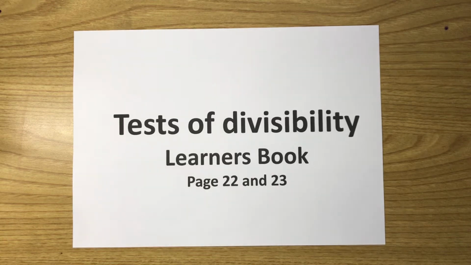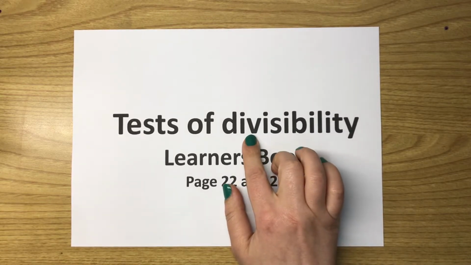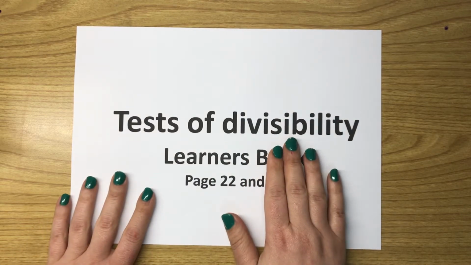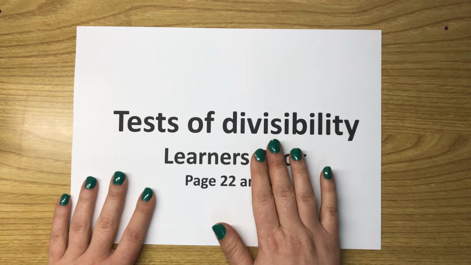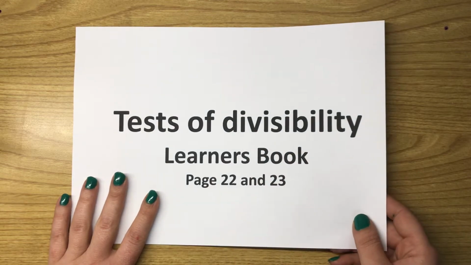Tests of Divisibility, Learner's Book, page 22 and 23. From the word divisibility, we are going to find some conditions or rules to know if a number can be divided by the numbers that I'm going to introduce you. Okay, guys? But first, on page number 21,